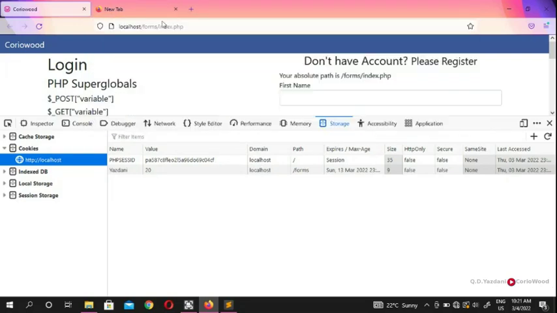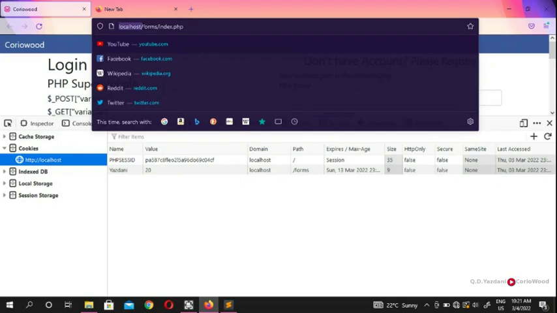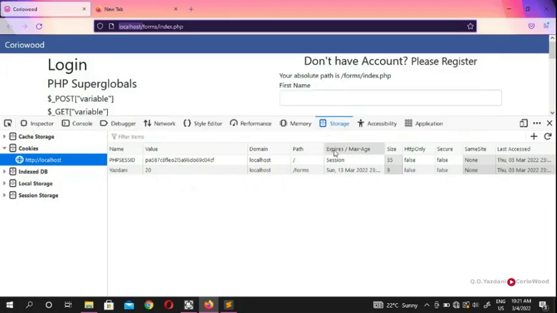You remember that when you go on a live website, you don't see localhost because it's not local, it's a live host, and it's facebook.com or whatever the name of the website is. And you're going to see HTTP only is false, secure is false, because your secure session at the moment is false. And that's how it remembers last access 3 March, and that's how it is. The session is